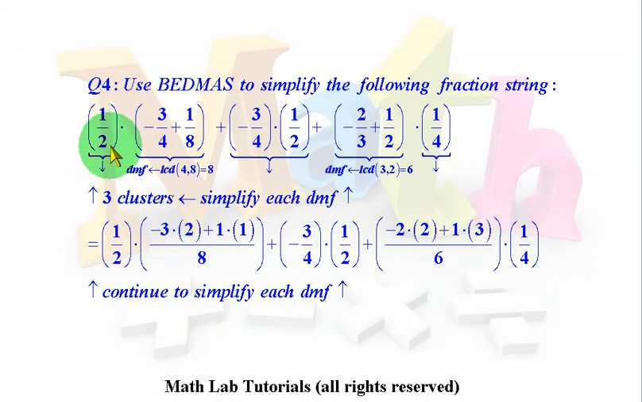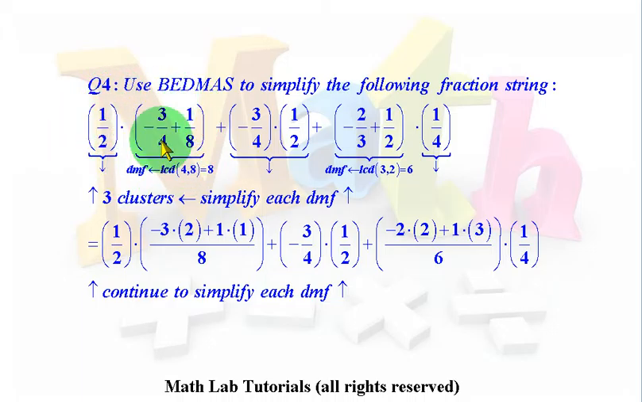This problem is a little bit more complicated, but we'll take it one step at a time. This is Q4. Again, we're going to be using BEDMAS with fractions. If you take a global view or a bird's eye view of this entire expression, the first thing you should notice are the dots in between the brackets. That indicates we have